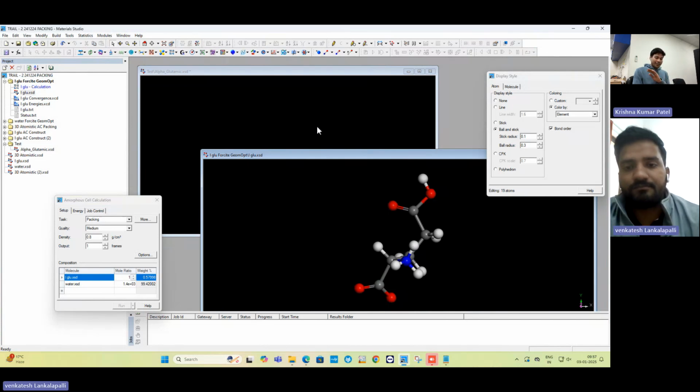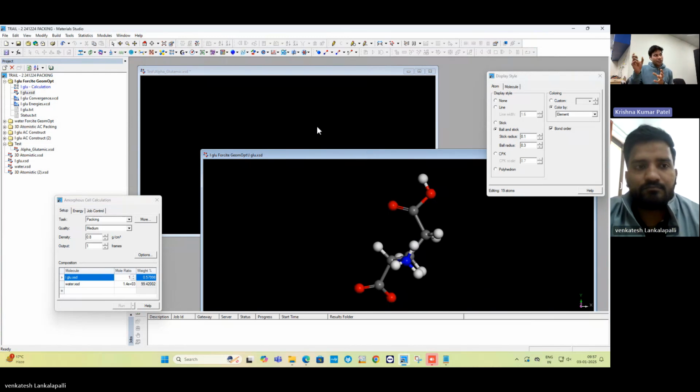Just make a similar approximate structure. Once you have that, run it through the force field geometry optimization. The force field will take care of it. The whole point of geometry optimization is you have an approximate structure, and the geometry